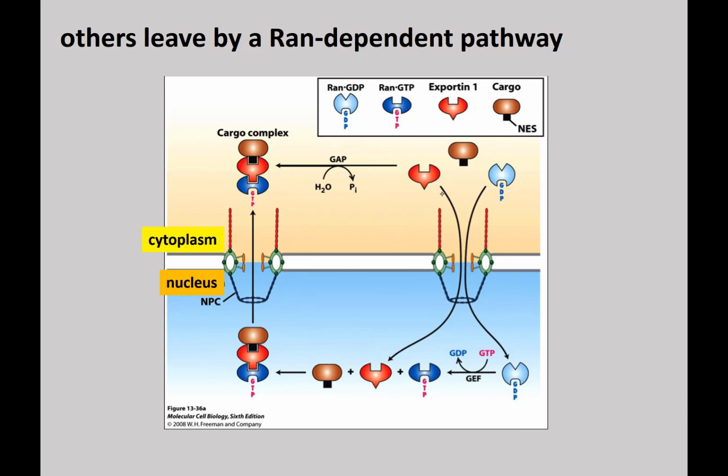Others, such as tRNA or ribosomal subunits, leave by a RAN-dependent pathway. So again, nucleus down here, cytoplasm up here. RAN GTP is in blue. It binds exportin, which is binding a protein with a nuclear export signal, which could also be binding to,